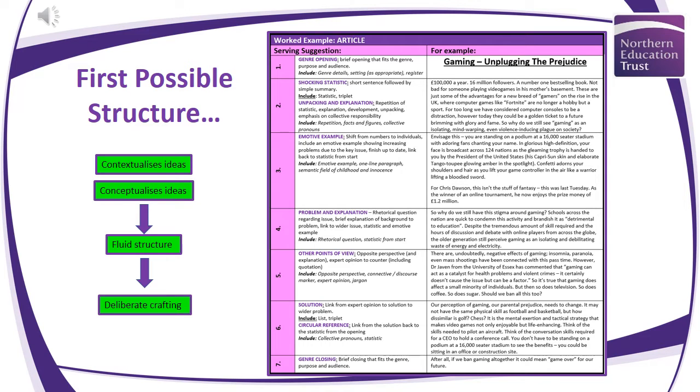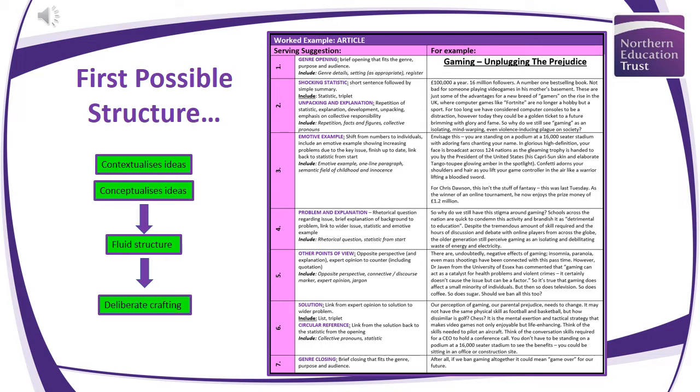So we have two possible structures for persuasive writing in the English recipe book. The first thing that's really important to say is that one's not better than the other. They both just have slightly different approaches and slightly different structures. The second thing that's really important to say is certain academies are taking different approaches, and we do want a whole academy approach. So just make sure that the approach that you are taking is your academy's approach to teaching this topic. So the first possible structure,